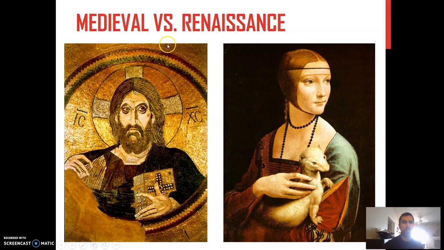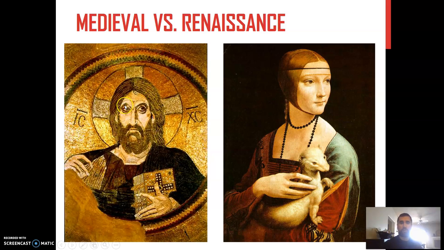So if you take a look at the painting on the left, and keep in mind, we talked about how the Renaissance occurs in Italy because they have this influx of wealth. Because of this influx of wealth, people are able to have different occupations. We're going to have full-time professional painters now. And you can see the difference here with the Renaissance artwork compared to the medieval artwork,